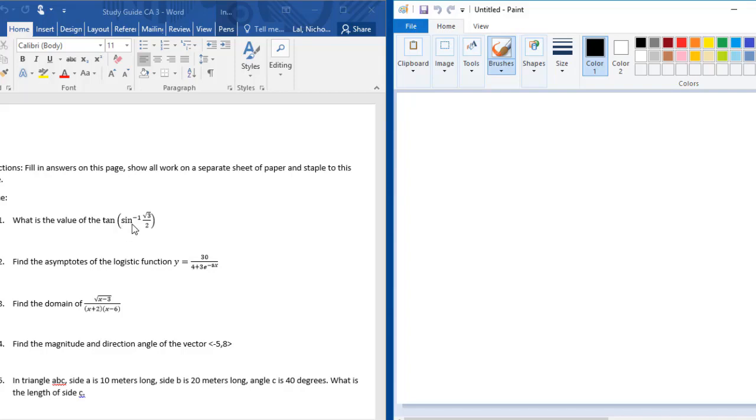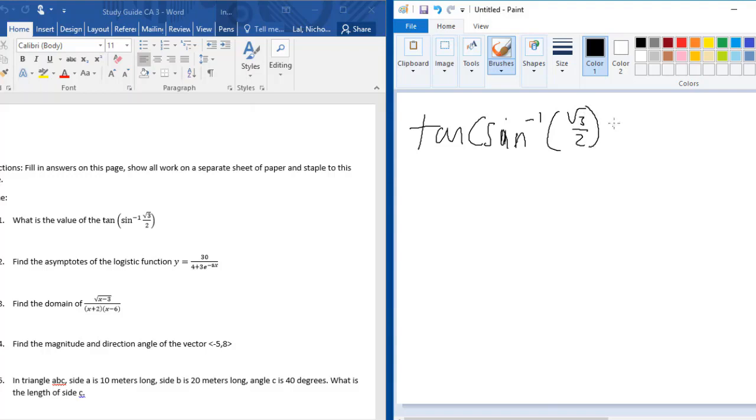of the tangent of the inverse sine of root 3 over 2. So this is a composition of functions. So when we have the tangent of the inverse sine of root 3 over 2, and what I'm writing on Microsoft Paint could be a model of what you are writing on your solution paper,